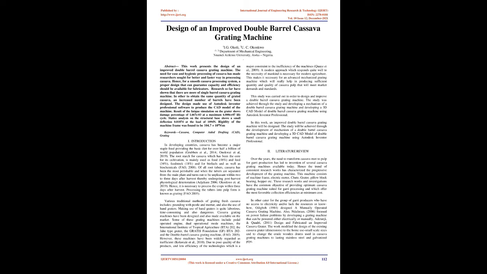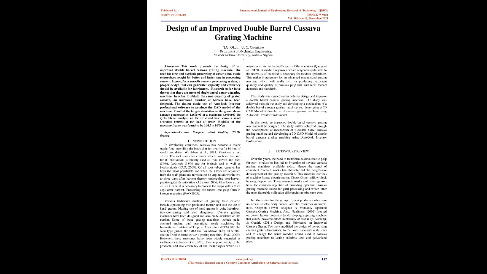Design of an improved double-barrel cassava grating machine. Abstract. This work presents the design of an improved double-barrel cassava grating machine. The need for ease and hygienic processing of cassava has made researchers seek better and faster ways of processing cassava. Hence, for a smooth cassava processing system, a proper design that can guarantee capacity and efficiency should be available